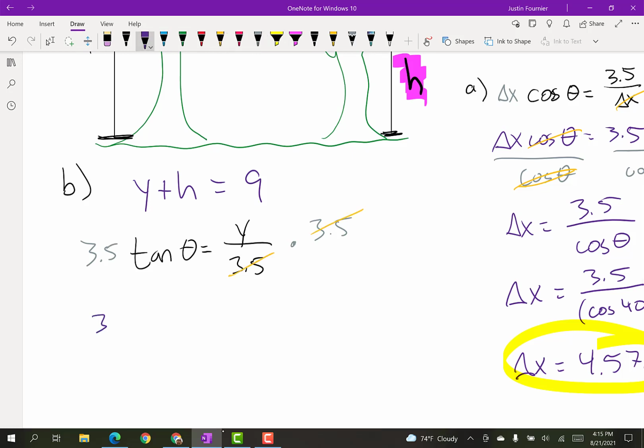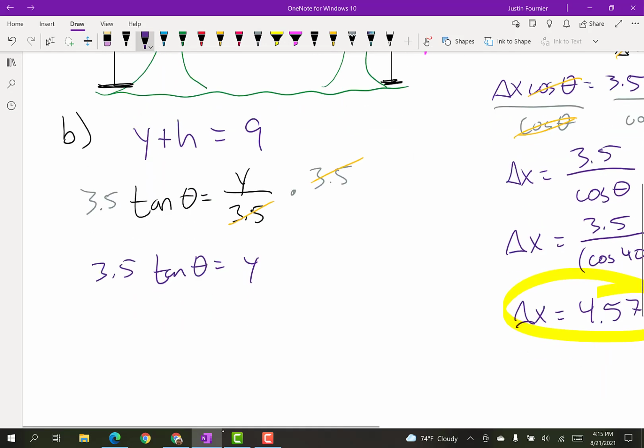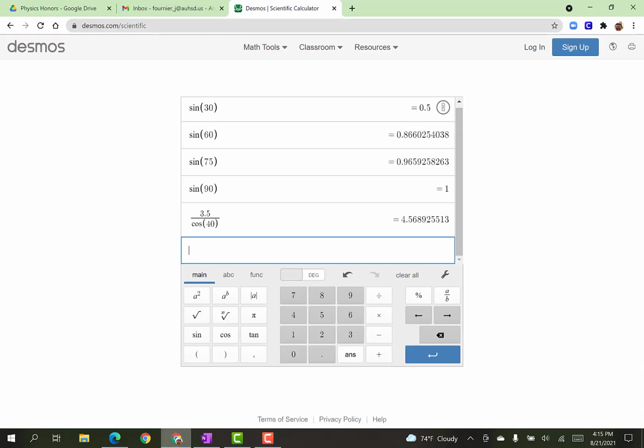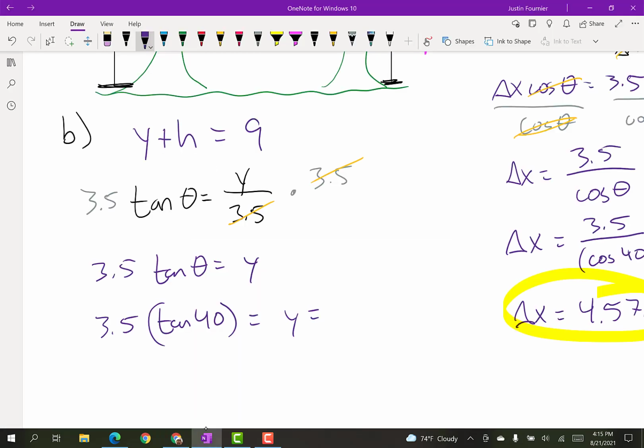And then I get 3.5 tangent of my angle is equal to y. So 3.5 tangent of 40 is equal to y. And that's going to give me 2.94